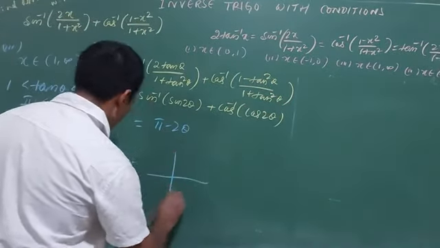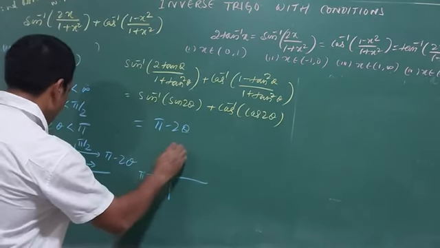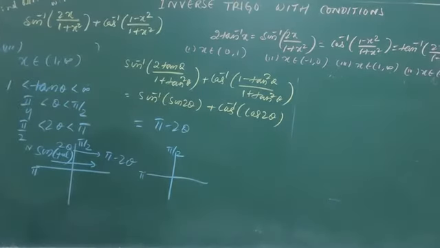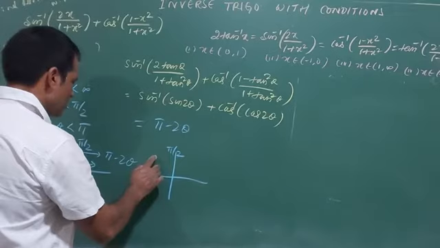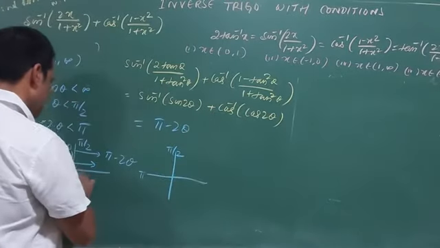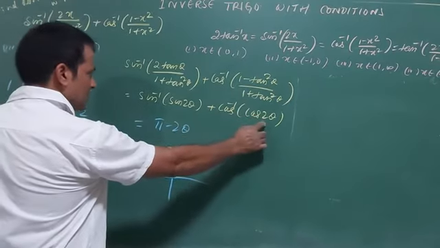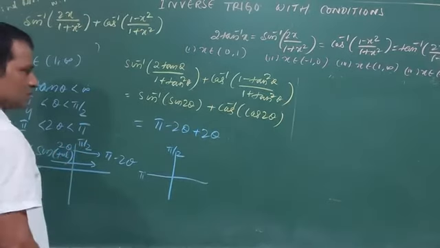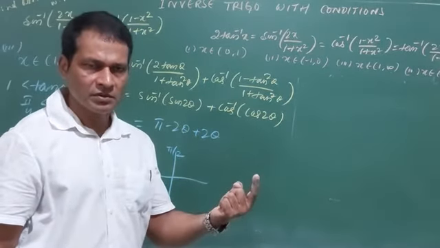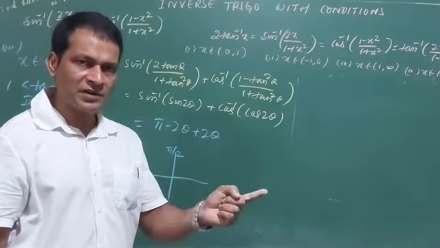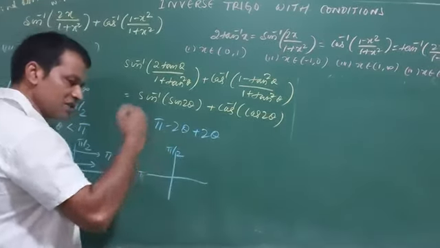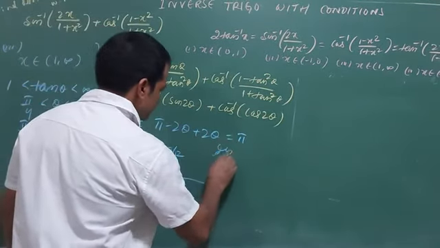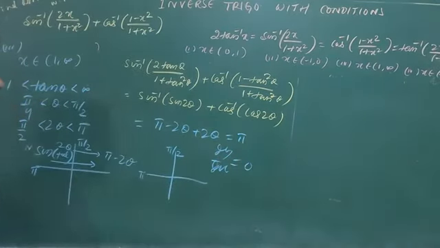Now come to cos. Pi by 2 to pi. Normal cos is negative here, and inverse cos also negative here. So what value am I getting? 2 theta. Don't do any change because I am lying in my zone. Cos inverse zone is 0 to pi, and sine inverse is minus pi by 2 to pi by 2. So we have to change to the original quadrant where inverse is positive or negative. So 2 theta cancels out, pi, and dy by dx is equal to 0 for this case also. Understood?